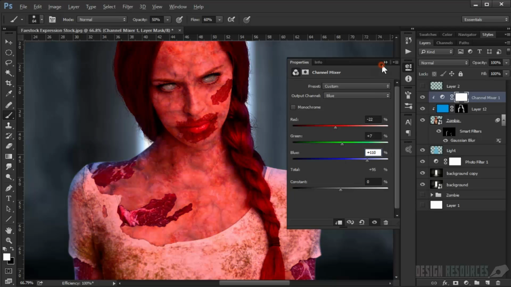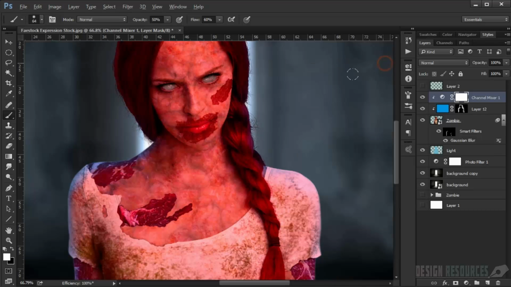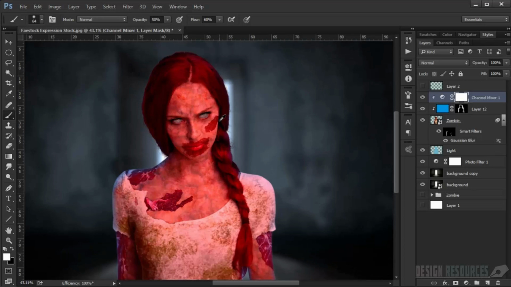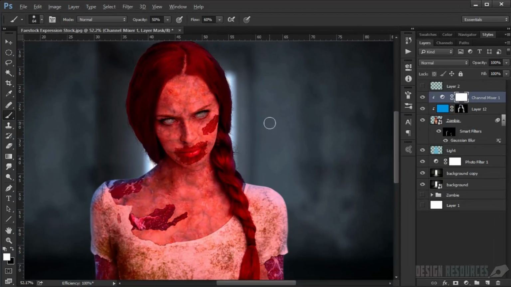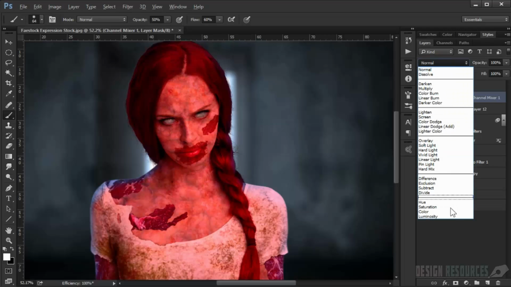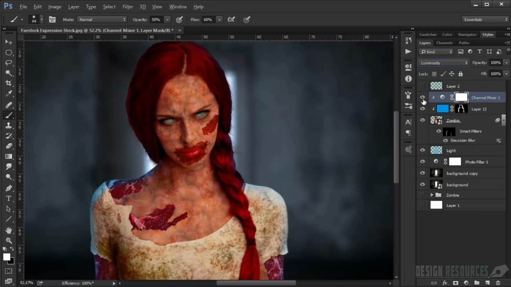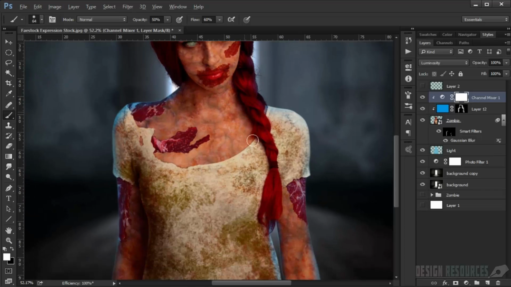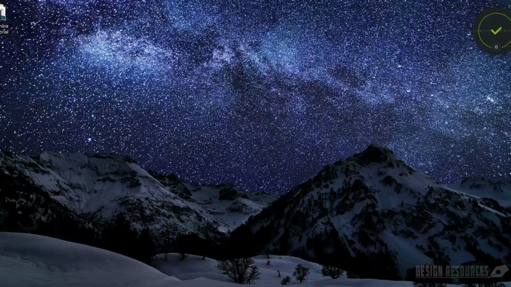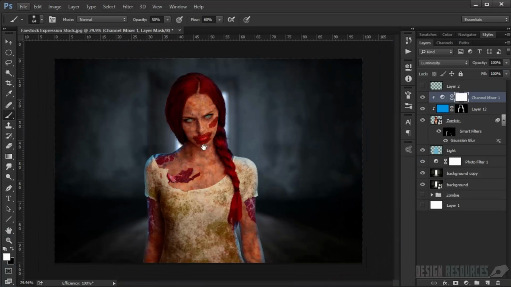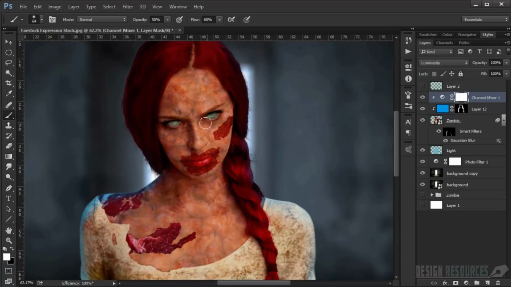So now I will change the blending mode to Luminosity, like so. As you can see, it gives it really deep color. Alright,